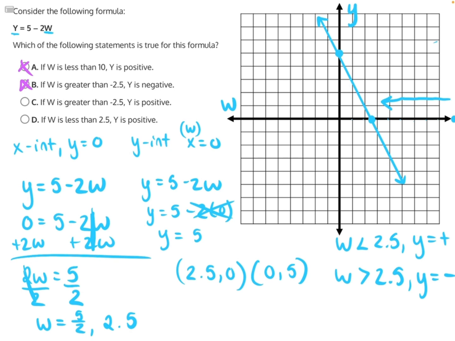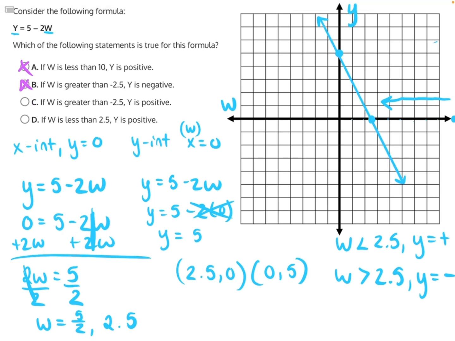C says if w is greater than negative 2.5, y is positive. That's again partially correct, because it will be positive for a while until it crosses that positive 2.5 point, and then it will become negative. So C is also incorrect, and by process of elimination we can see that D is our correct answer, but